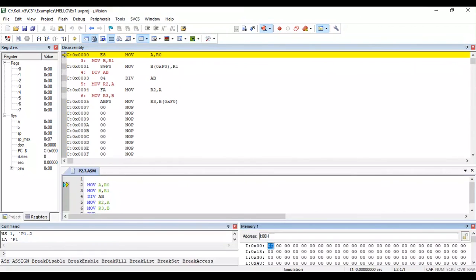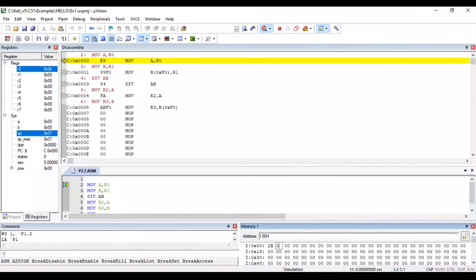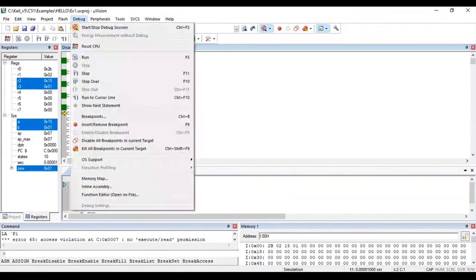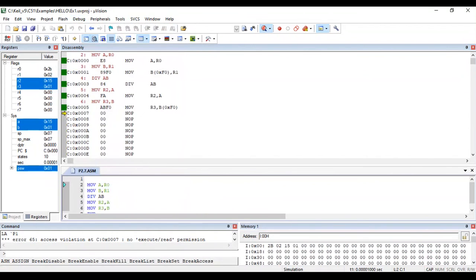So give the input in R0 and R1. So we have 2B and 02 as the input in R0 and R1. And then we have to go to debug, click on run. So we can see the output in the registers R2 and R3. Then go to debug, stop debug session.